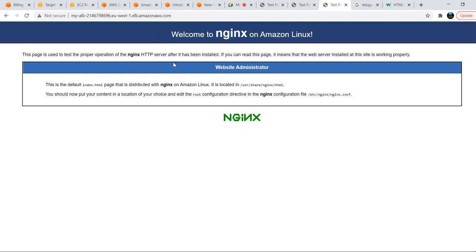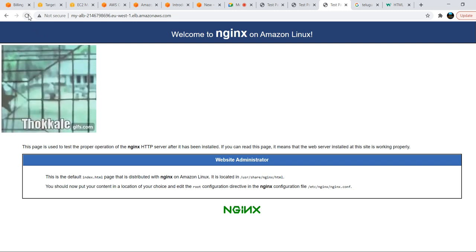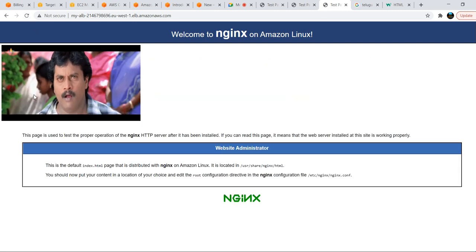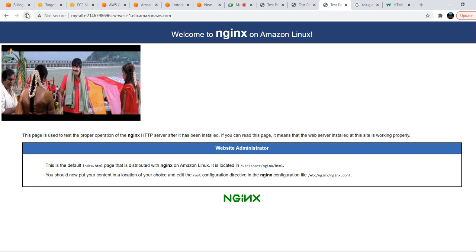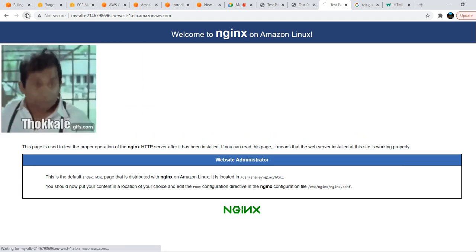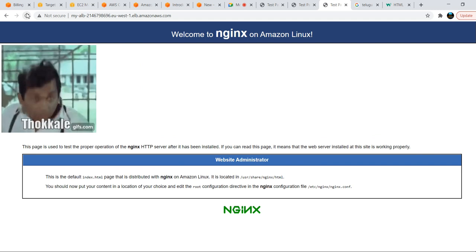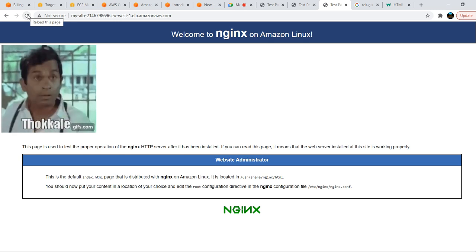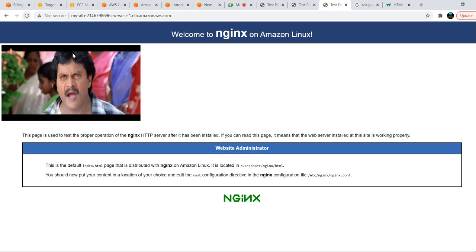As of now the load balancer has the old configuration. We will refresh once. So we got this one. Again the same way, if you refresh here, yes, see, on the next refresh it went to the other server. In the same way it needs to work for you also. In real-time scenarios it will do it like this only. It will distribute the traffic to the backend targets, however many you have. It is not an issue whether 50 or 100, depending upon your application. Whenever any user is hitting, it will evenly distribute the incoming traffic to your backend targets. That is what I have said right here.